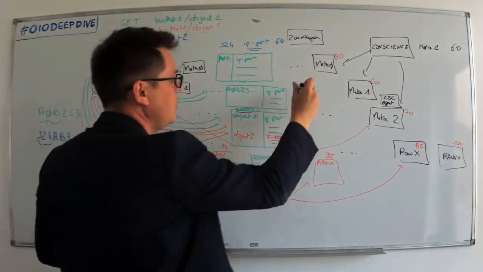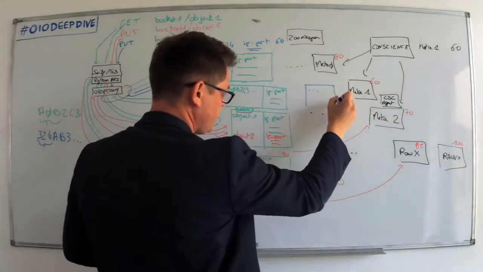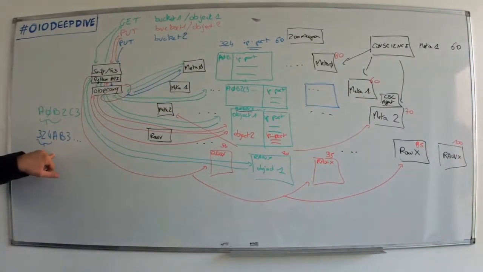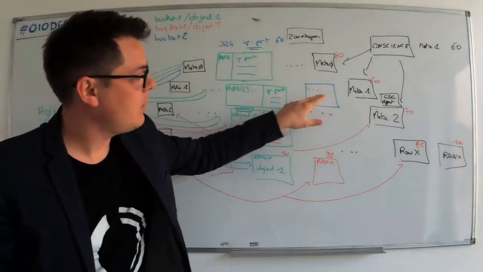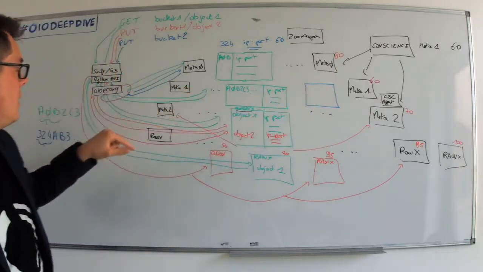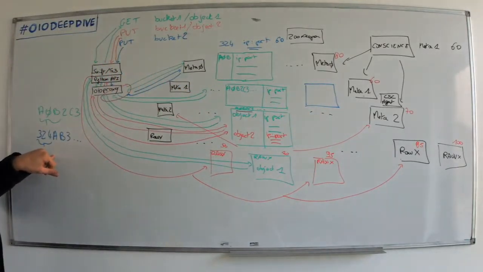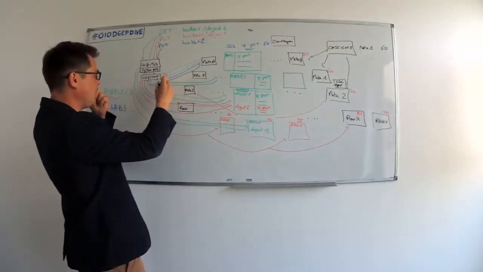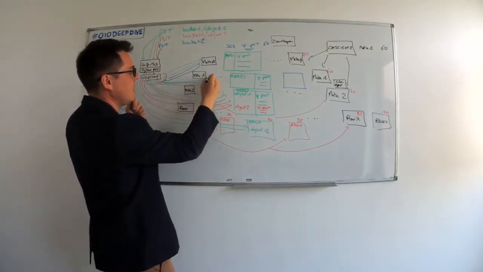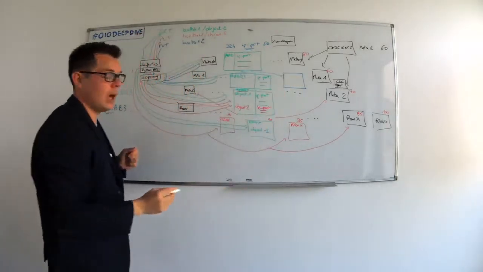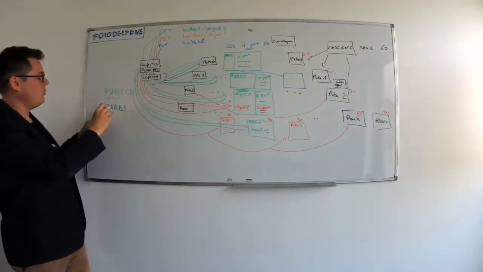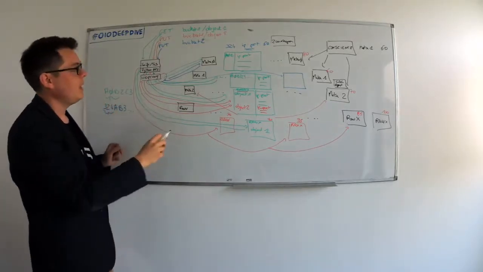So let's say that we will go to this one here, and this is a new bucket, so you don't have any entry in the Meta 1 for this new bucket 2. We will do exactly the same as we did for the previous one. So the YoYo proxy will say to this Meta 1, okay, I want to create a new bucket with the name 324AB3 and so on.